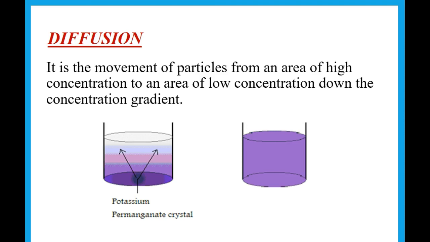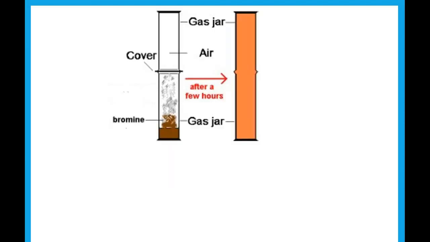Until the particles are equally distributed all throughout the water. We can have diffusion of solids and liquids, as we had for the potassium permanganate. We can also have diffusion of particles of gas or liquid through a gas. Remember that you cannot have diffusion through solids. No diffusion through solids. So if I have some bromine, and you should know that bromine is a reddish brown liquid,